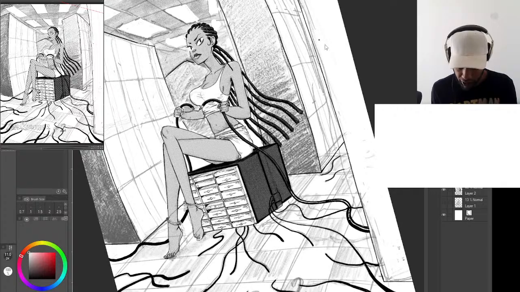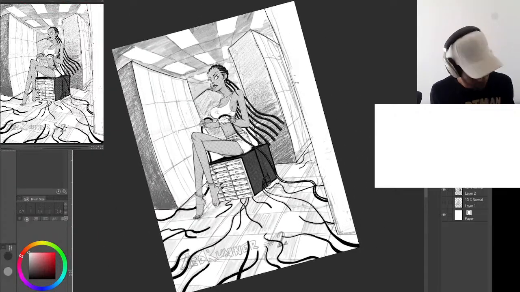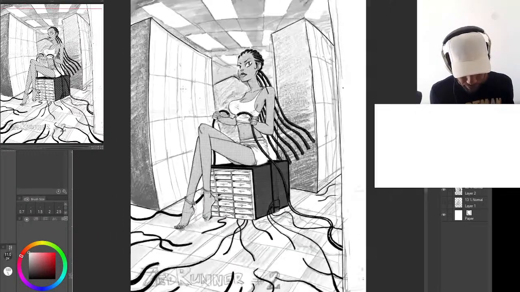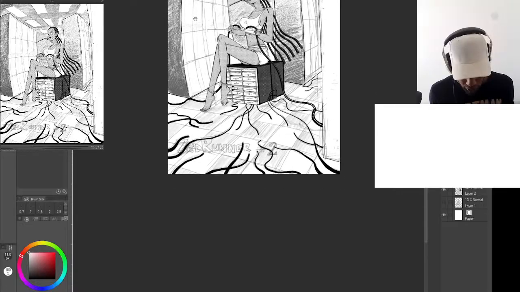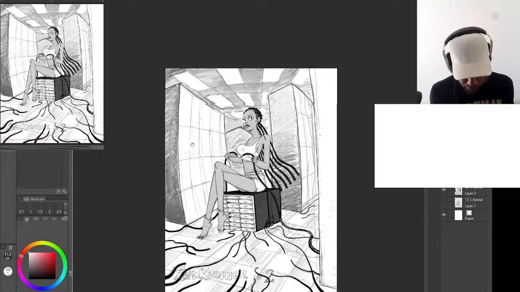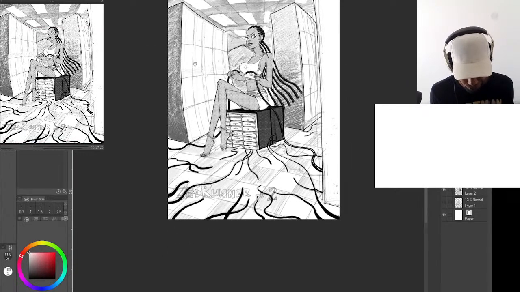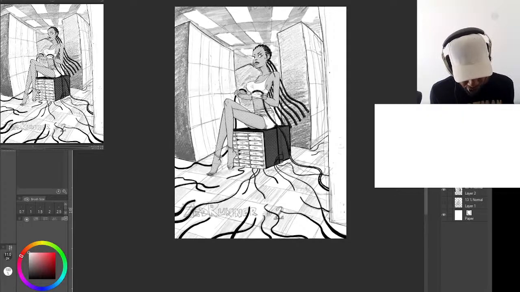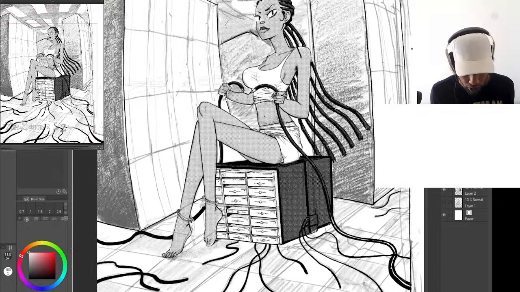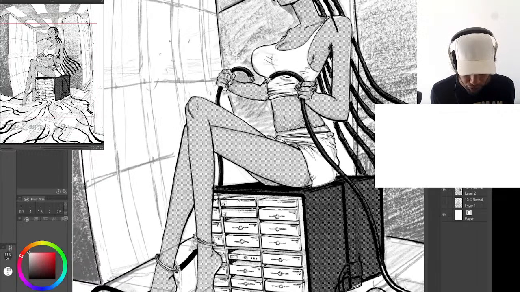So I'm trying to think of the most efficient way I can finish this, because I don't want to have to draw every little teeny server in here. And this line is losing perspective.